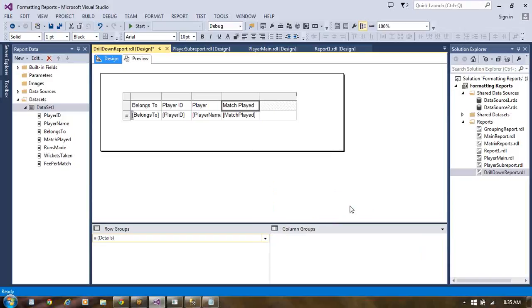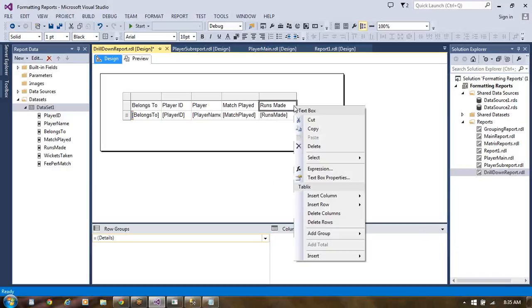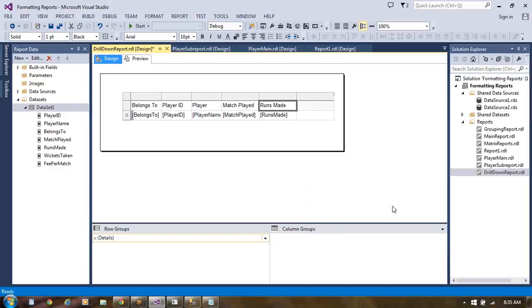After match played, this is going to be runs made. Similarly, click on this, go with insert column to the right. Then we take this as wickets taken. Then the other one, fee per match.